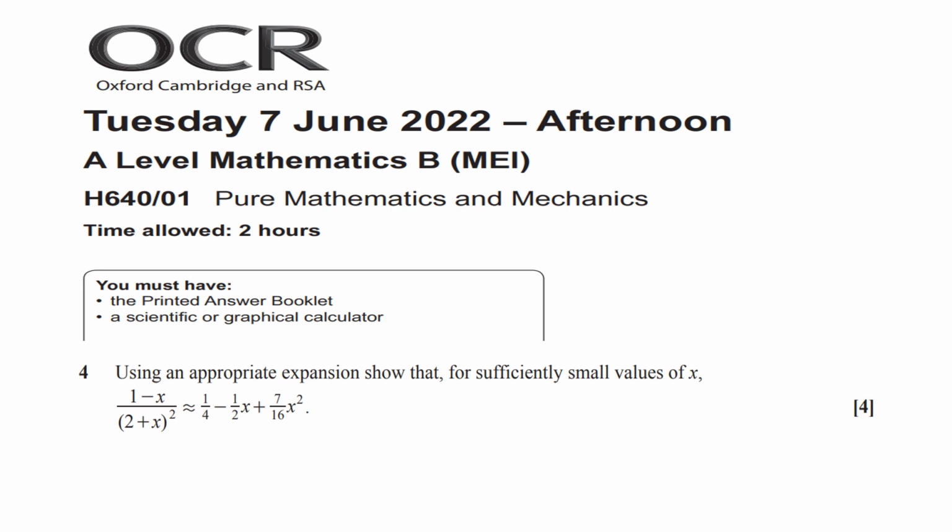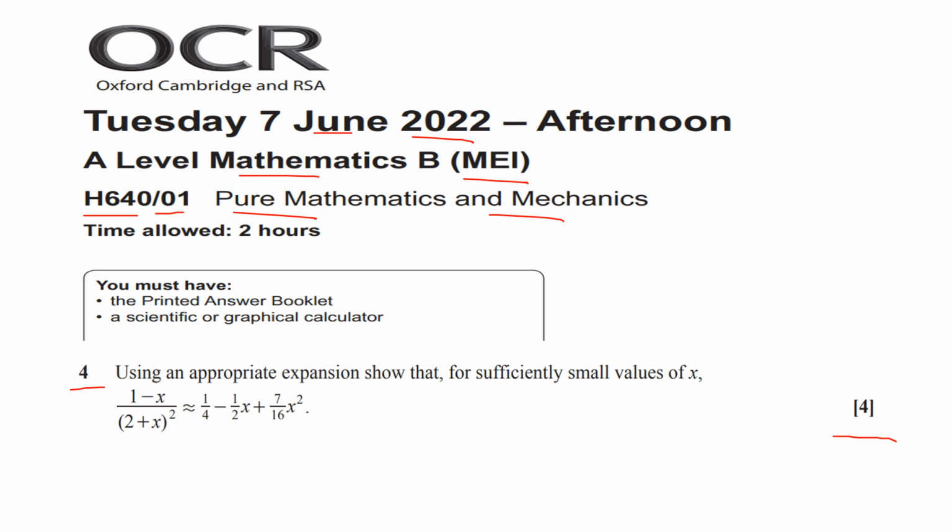Pause the video now, guys, and try this A-level maths question for a tricky binomial expansion, up to the term x squared, from the June 2022 A-level maths B MEI past paper, H640/01, pure maths and mechanics, a 2-hour paper. Question number 4, worth 4 marks, and it's a tricky binomial expansion question, using an appropriate